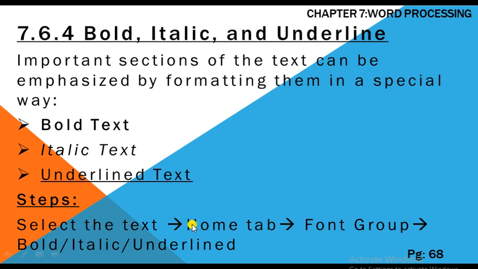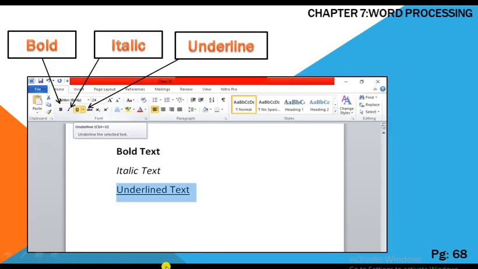Select the text, go to home tab, font group, bold, italic, underlined. You see, these are the options. You select the text, press this bold button, bold icon, and your text will be bold, italic or underlined, or you can apply these three options to the same text. Okay,